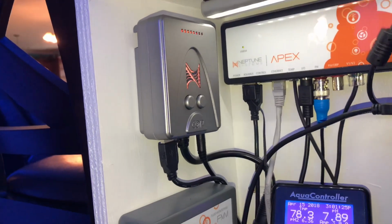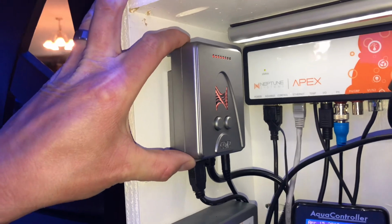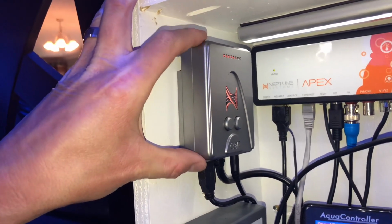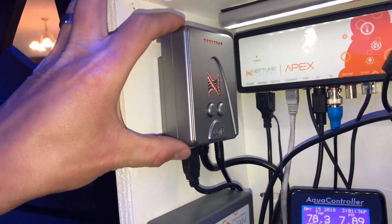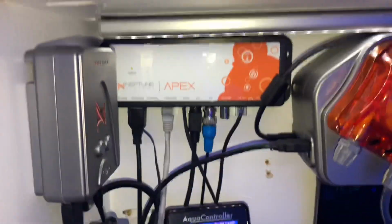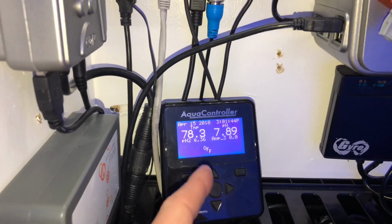Moving up, we have the Core 20. This is the controller. So if you don't know much about the core pumps, the 15 requires a 1 link, and does not come with the controller, but the 20 comes with the controller and can be ran without the Neptune Apex. Next up, I have the display for the Apex,